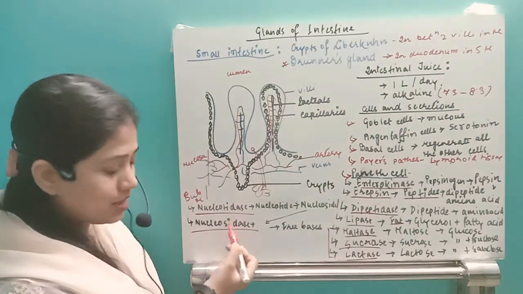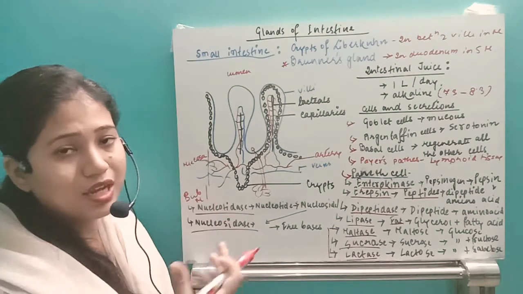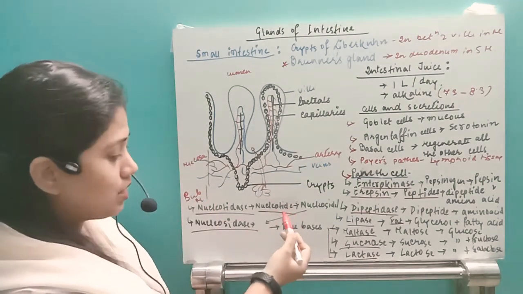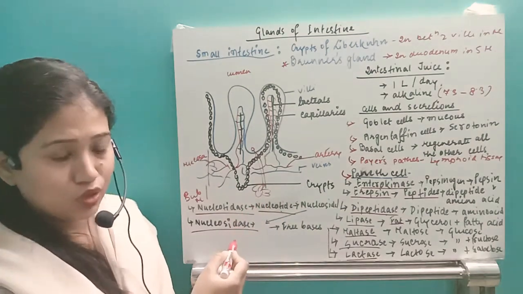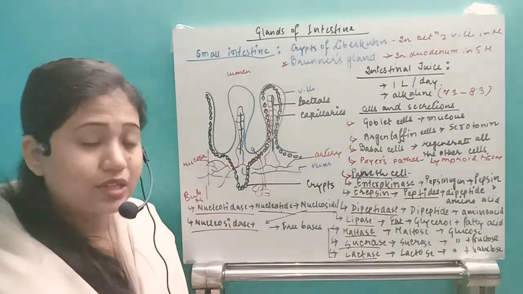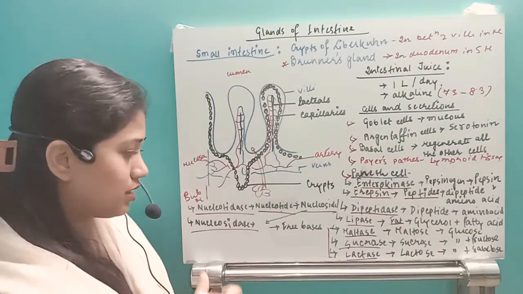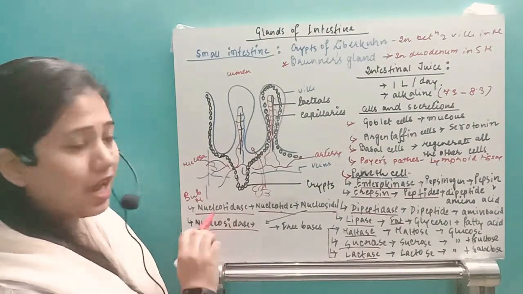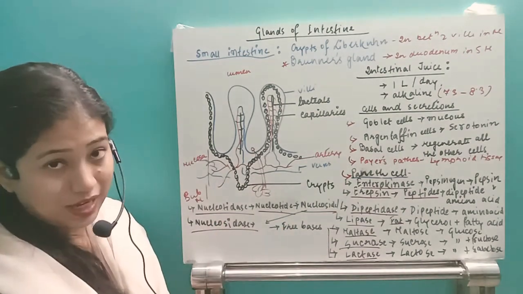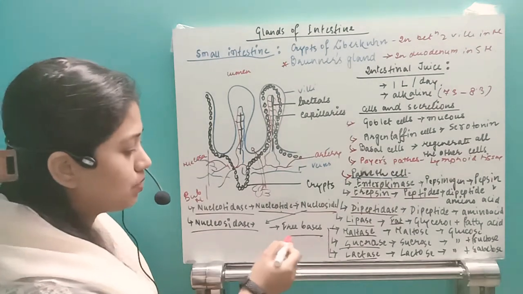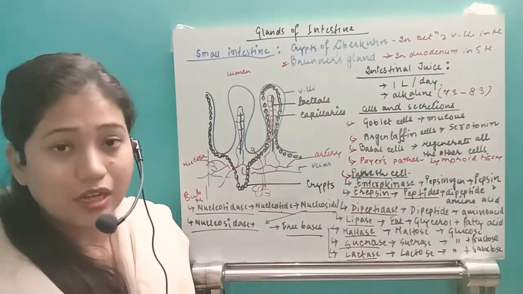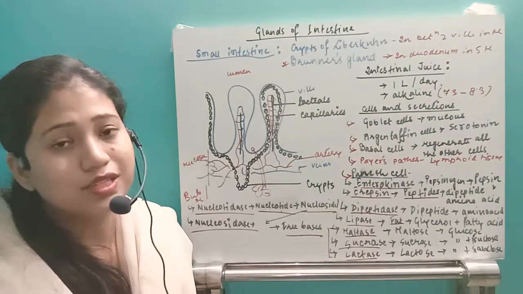They are nucleotidase and nucleosidase. So DNA and RNA will be broken down into nucleotides. Those nucleotides will be acted upon by the nucleotidase enzyme and converted into nucleosides. Then nucleosidase, which is an enzyme released by the small intestine, will act on the nucleoside and convert it into its simplest free bases. So this way the genetic material DNA and RNA will also be broken down into its simplest form, that